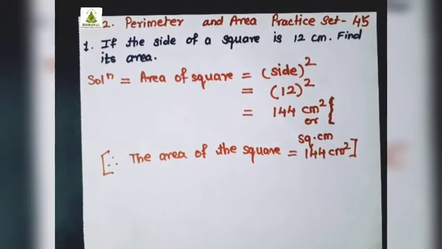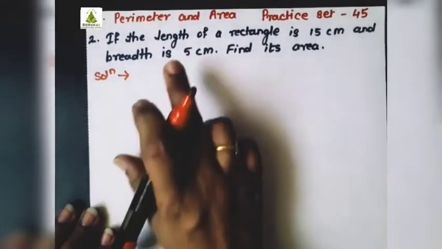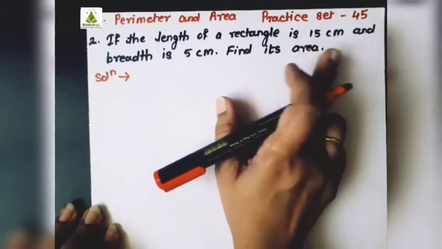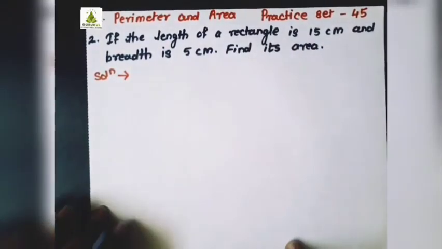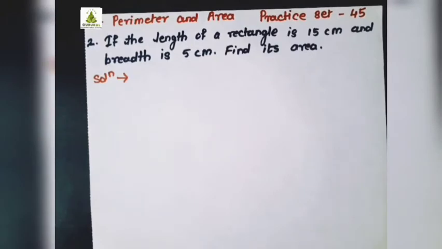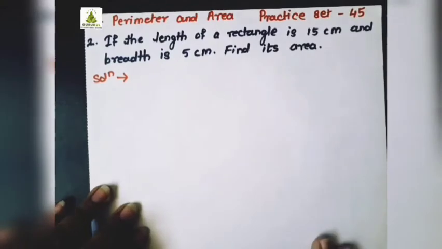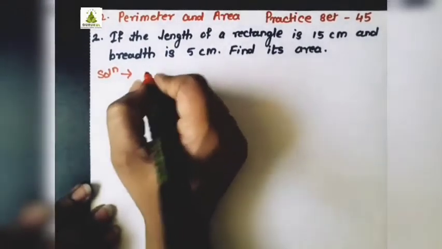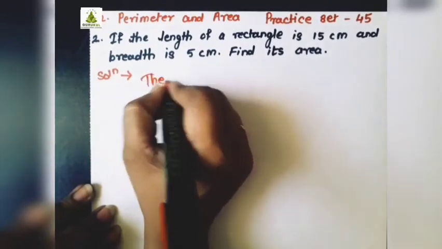Let us go for the second sum. The second sum which is given is, if the length of a rectangle is 15 centimeters and breadth is 5 centimeters, find its area. Now here we have to use the formula for the area of the rectangle. So we'll write down the area of rectangle is equal to